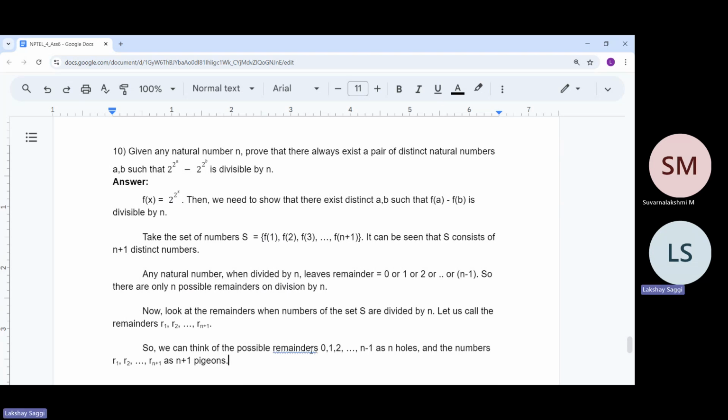So there are n holes and there are n plus 1 pigeons. So what does this mean? By the pigeonhole principle,